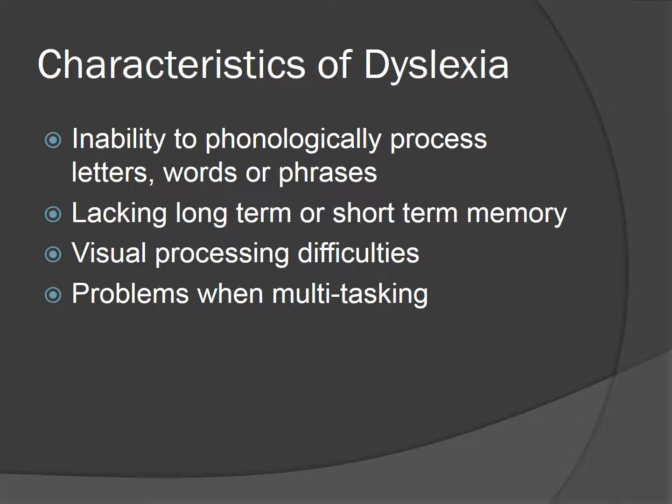Some characteristics of dyslexia include lacking long-term or short-term memory, the inability to phonologically process letters, words, or phrases, even having visual processing difficulties or issues with multitasking. So asking a student to read and write down things at the same time could be quite difficult if they